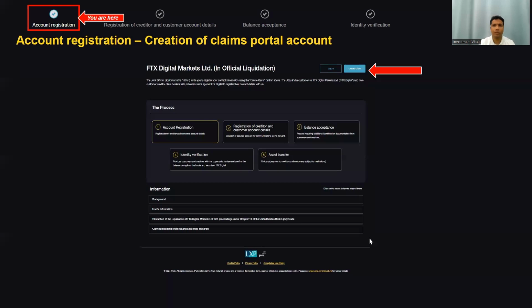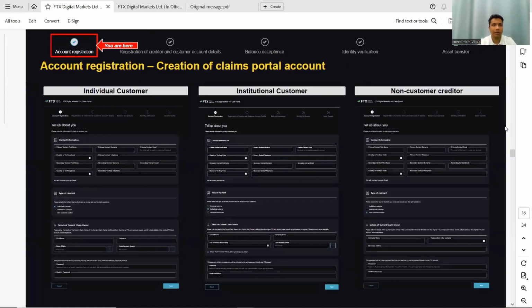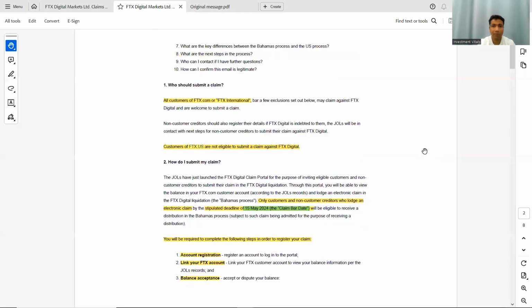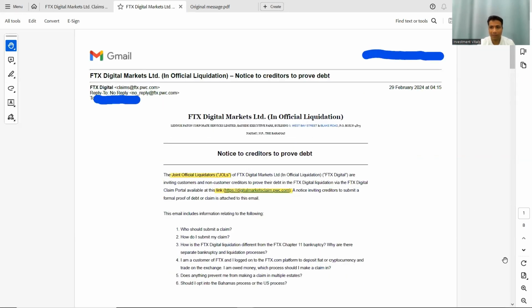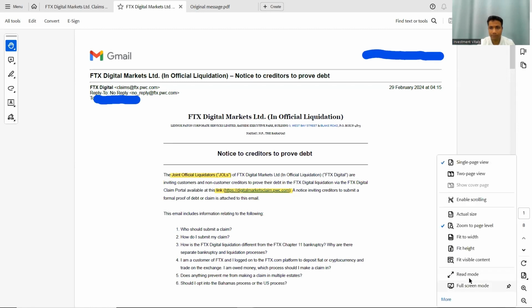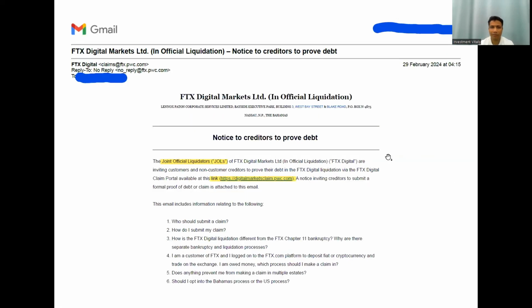I almost forgot, where to find this document. If you want to go through it yourself, you would find this in the email that was sent earlier. I'll open that email for your reference. Just a sec over here. Yeah, this is the email that you received from FTX from PWC. I'll just make it full screen so that you can view it better. Yeah, so this email would have come towards the end of February for most of you. It would have come from